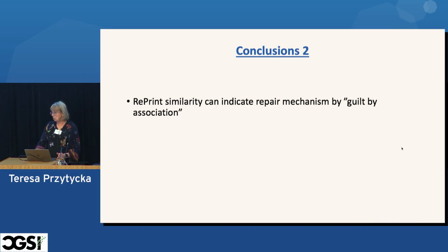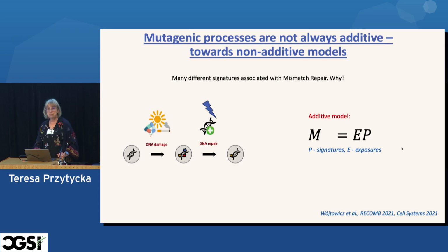Okay, so as a conclusion, this repair similarity can really indicate a repair mechanism through guilt by association. And I would like to say a few words about an alternative way of